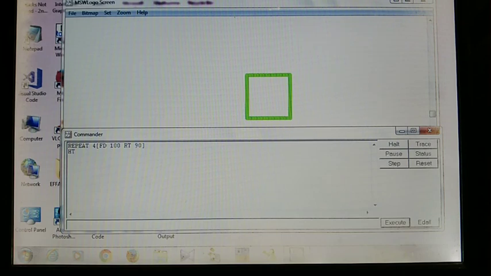Amazing, you can draw the square, you can draw the triangle. The turtle looks like a triangle, so when you can draw any triangle, that means you can draw the turtle. Now I want to draw the pentagon. Before I draw the pentagon, I want to delete the previous drawing from your screen. CS space CT space ST, then enter key.